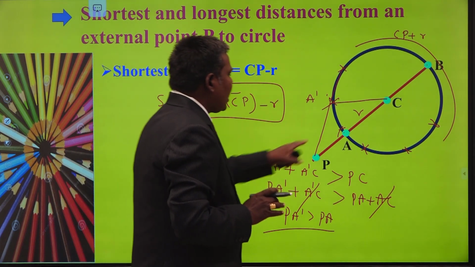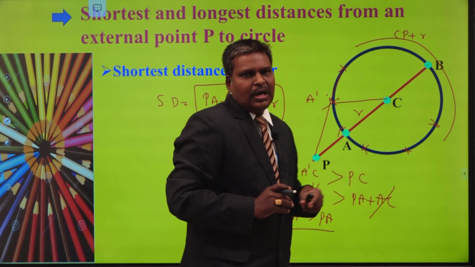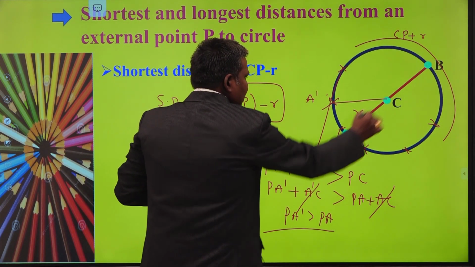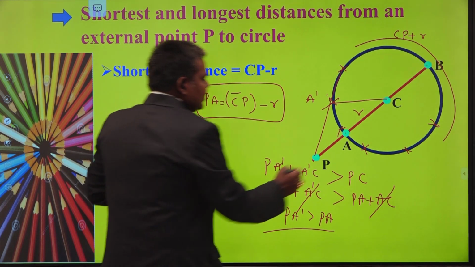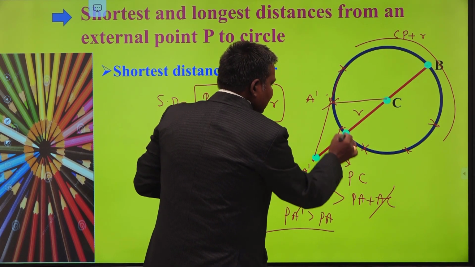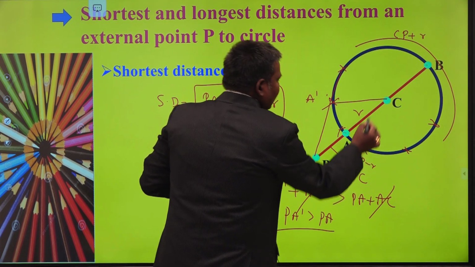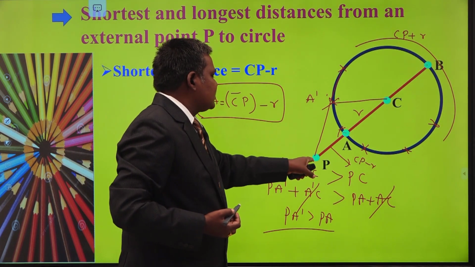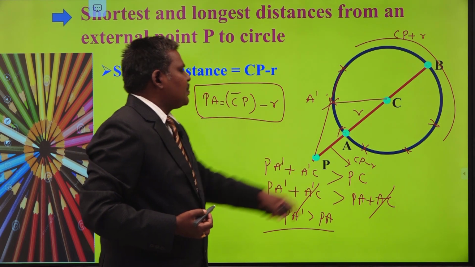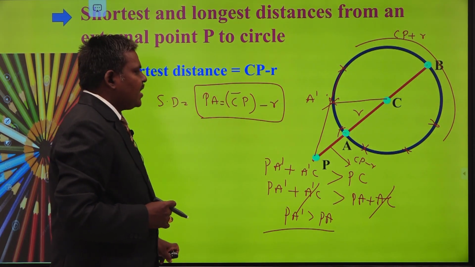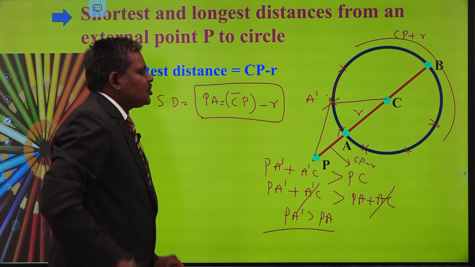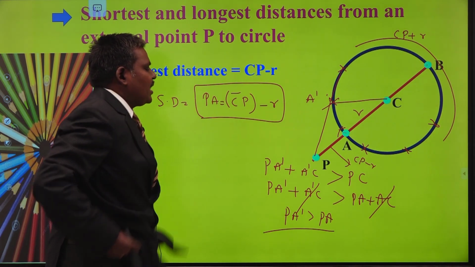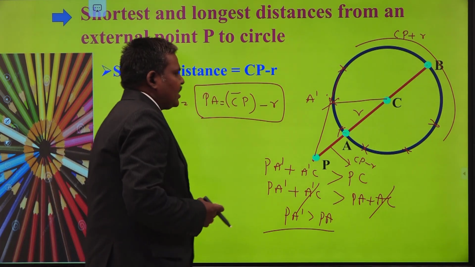Now my question is, how to obtain these 2 points? This is the point which is P and C. What is the distance here? The distance from here to here is CP minus R. What is the distance from here to here? R units. So can I take A divides PC in the ratio CP minus R is to R or not? Yes. A divides in the ratio CP minus R is to R internally. Am I correct or not? Yes. That is internal ratio.